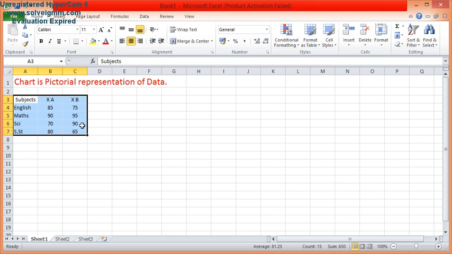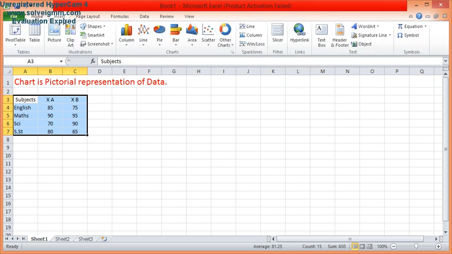I would need to select the columns having my data. Then I would go to the Insert tab. In the Insert tab, here you can see the chart group. This is my chart group. You can see other groups too. In each group we have various tools of that particular group. In the illustrations group we have that many tools, and in the chart group we have that many tools. Here I can select the type of chart that I want to insert, right?